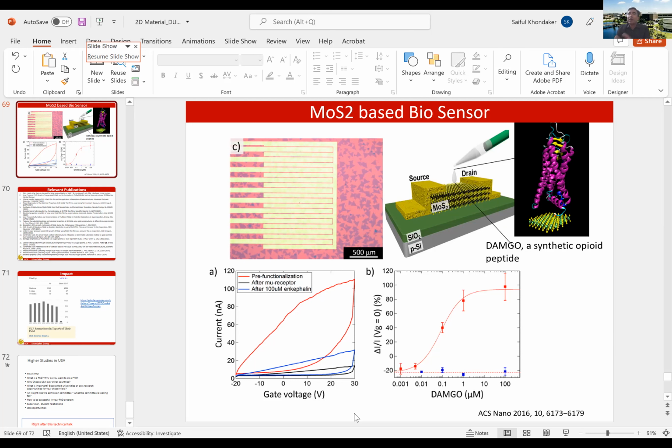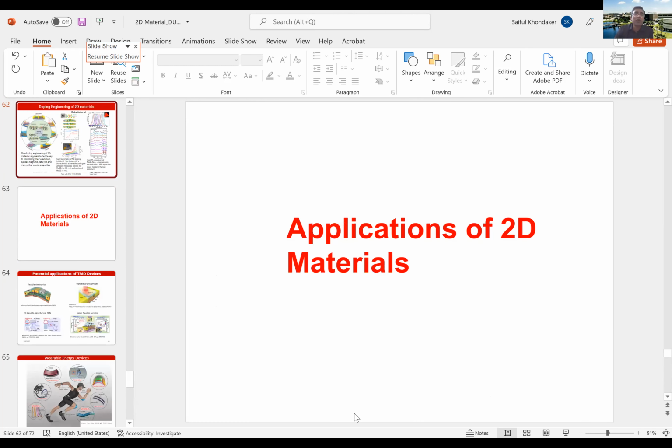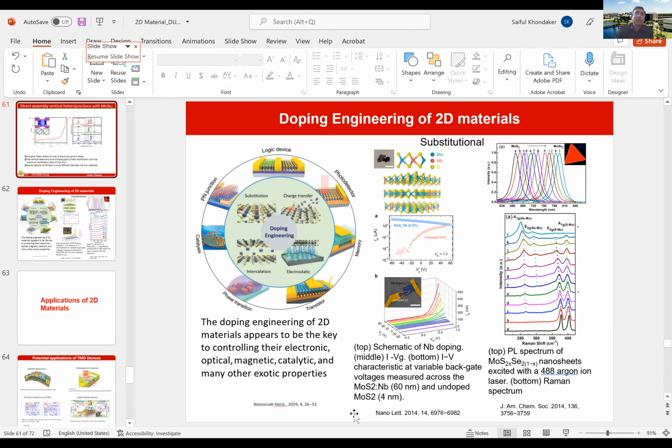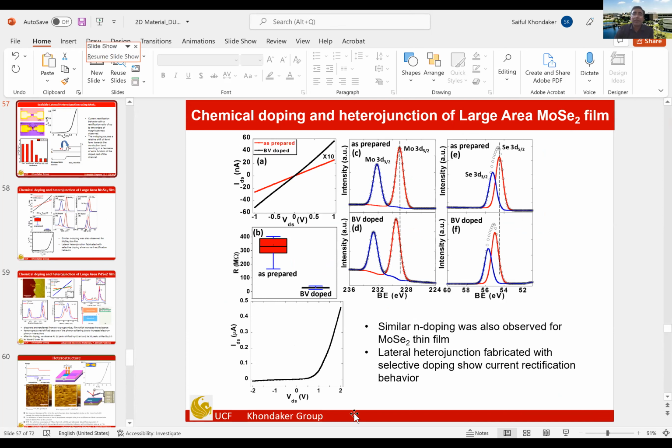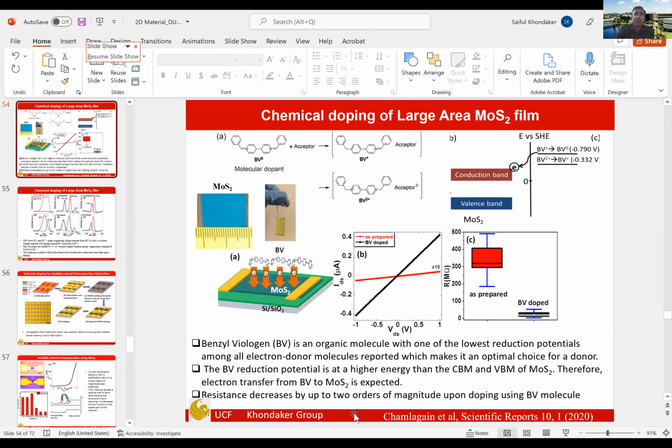So you put something like the way that BV molecule acts, right? Let me show you this. If you look at the band diagram, you see that every molecule that you get will have a certain band diagram, right? So in this case, it's not called band diagram, it's called SHE. Okay, I forgot what SHE means. Because these are more HOMO-LUMO levels. This is a molecule, right? They don't really have the band.